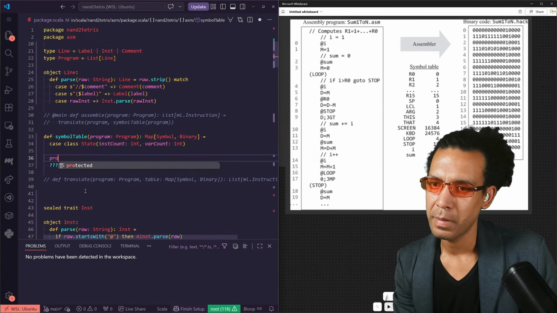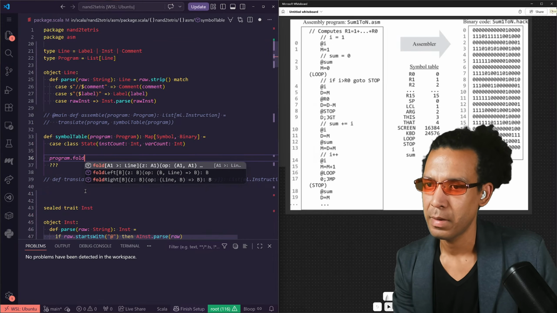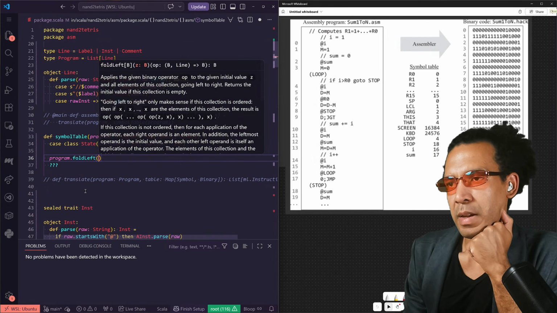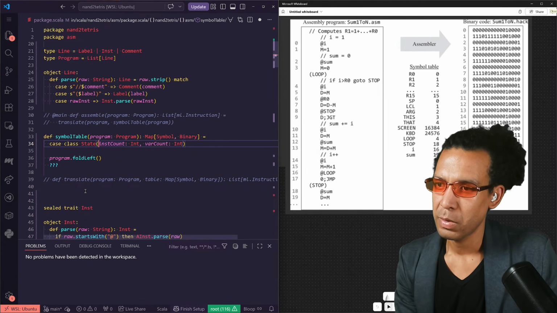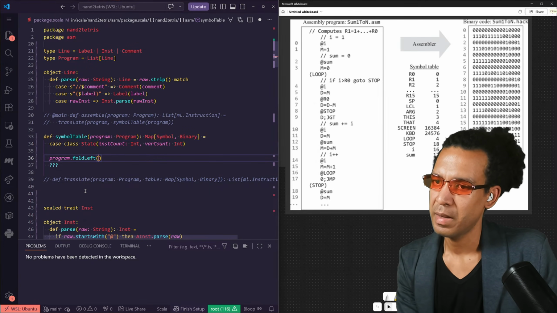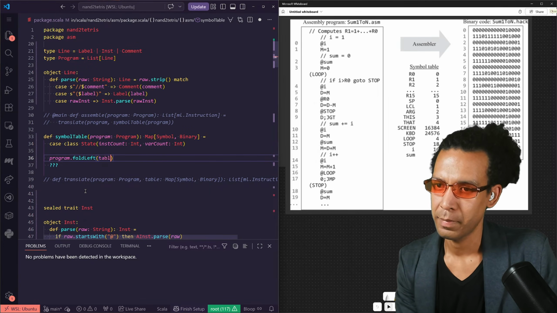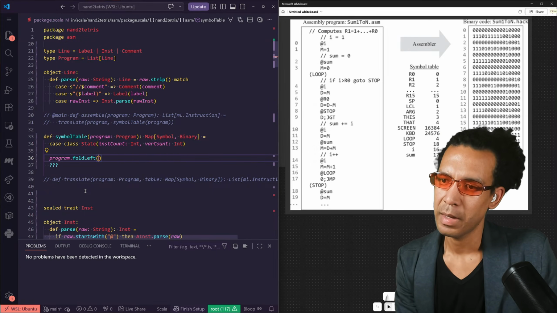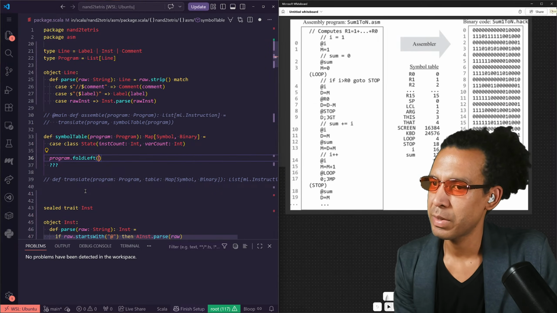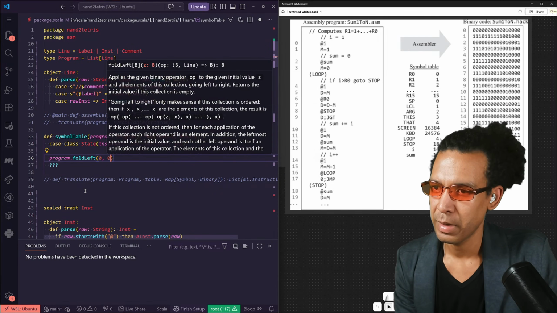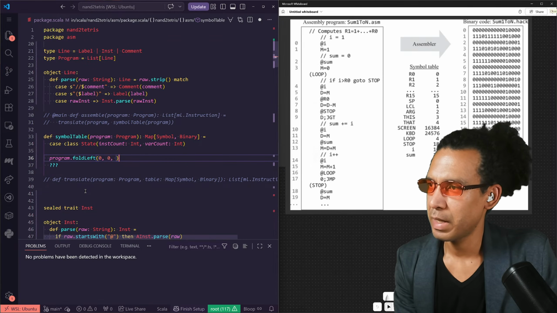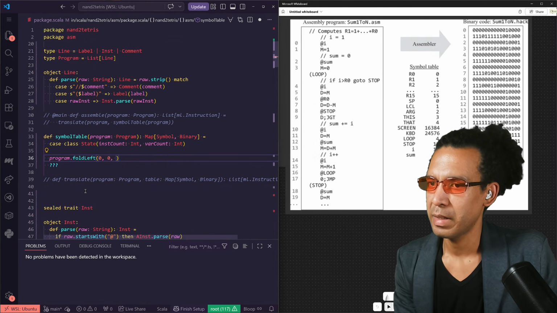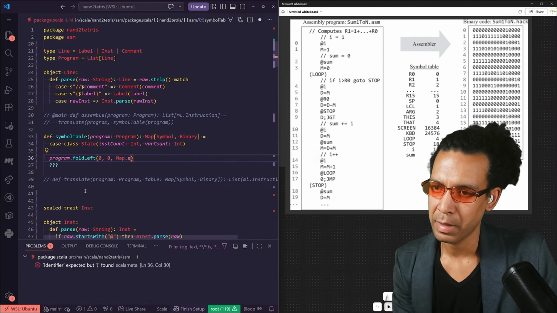So we're gonna take a program dot hold left, and our state is those two plus the table. Yeah, so instruction count's gonna start at 0. Var count is gonna start at 0. And then table is gonna start as a map.empty